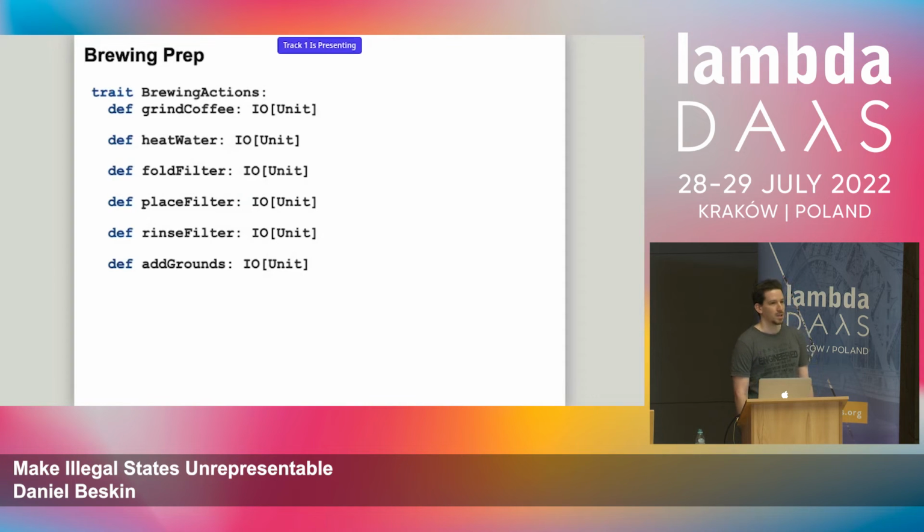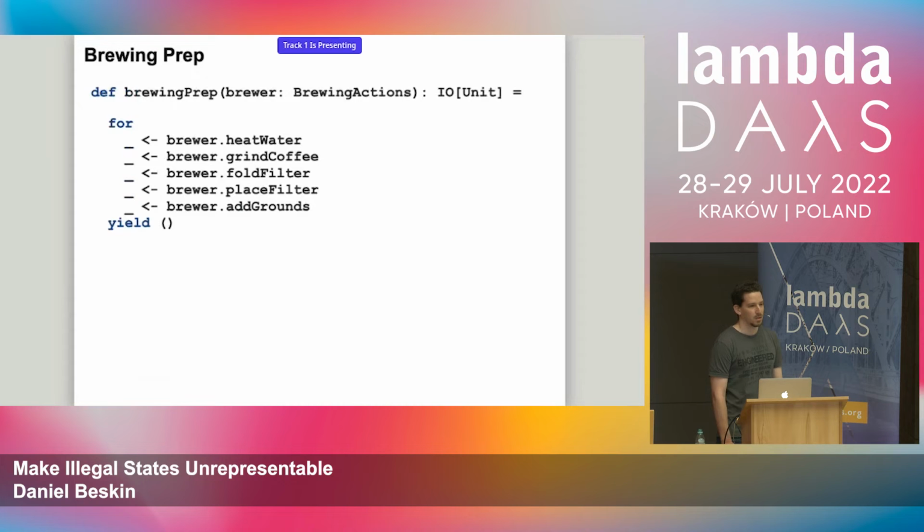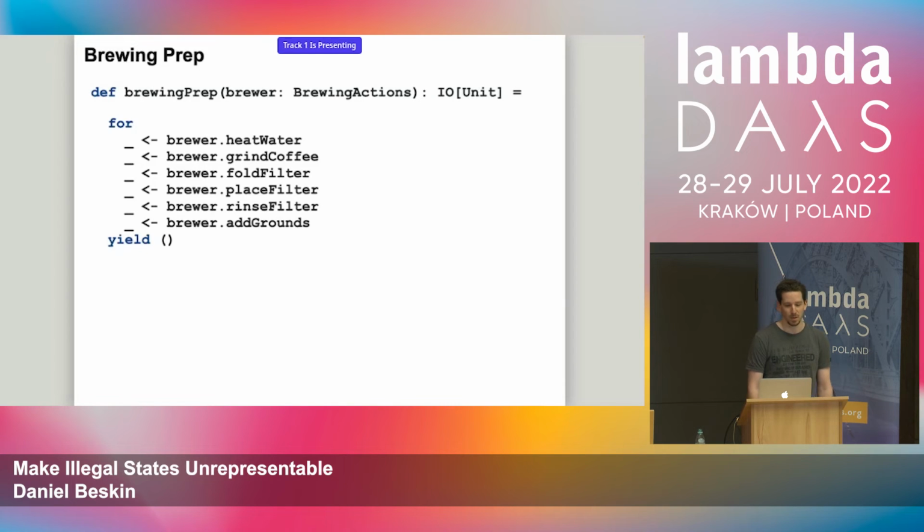And assuming that someone actually implemented this at the robot level, we can write the code for preparing for brewing, not the actual brewing, but just the preparation. This looks pretty informative. We just call the various actions in order. Anyone sees a bug here? Disgustingly, we forgot to rinse the filter, and now our users are going to drink this paper-tasting coffee, and probably will just quit our robot, and we will lose customers.